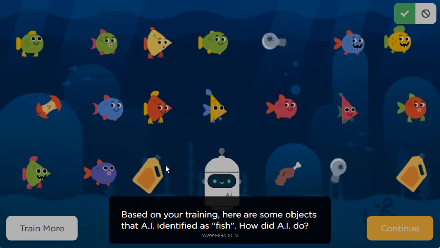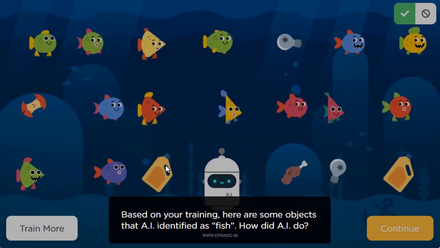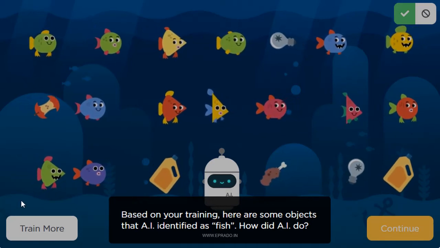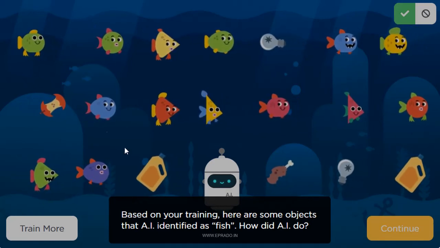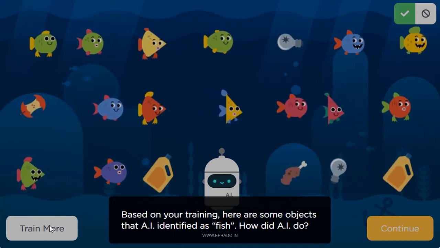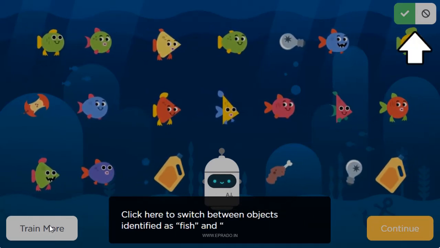machines don't know anything. So we have to teach them everything and they will work accordingly. So if we have more objects, then we have to train more. So we have to go back and train more.